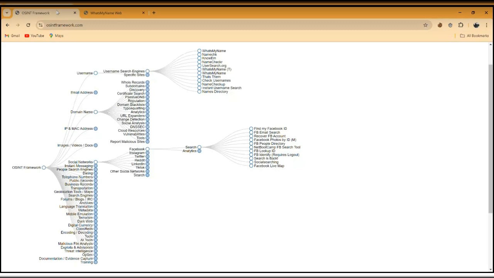Extremely important because we have Google Dorking, we have Shodan, we have OSINT Framework, we have Maltego, we have Avast. Then there's one that we already used before in Kali. That's SET, Social Engineering Toolkit.